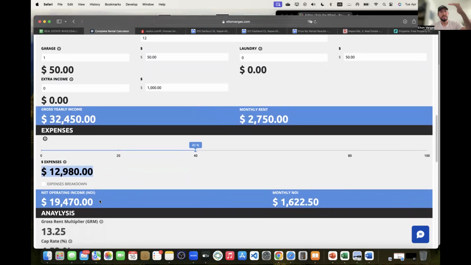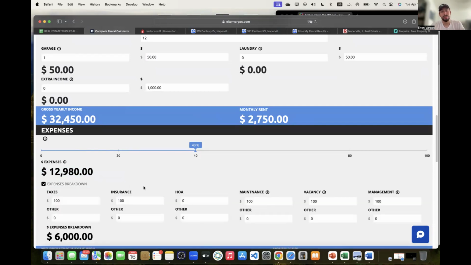All right, cool. I'll stick with that number for right now. When I subtract my expenses from my income, the $32,450, it gives me a net number. And that net number is $19,450. Or if you divide that number into 12 months, it's a total of $1,600 of income each single month. Now, the only thing about this, if you hopefully did notice, is there's no